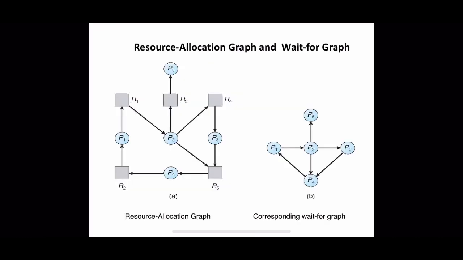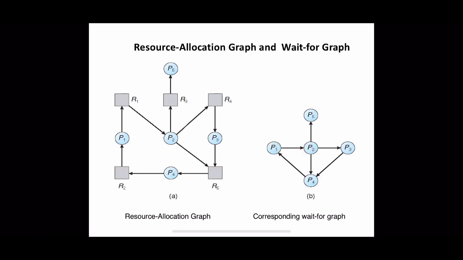Now let's see an example of how to construct a wait for graph from a resource allocation graph. So here is a resource allocation graph, and from it we have to construct a wait for graph. We have to remove all the resource type nodes, right? First of all, let us take the case of R1. Remove R1 and collapse the corresponding edges. The edges are from P1 to R1 and R1 to P2. Collapsing means the edge will be from P1 to P2. The same happens here, P1 to P2.